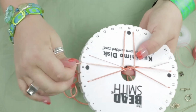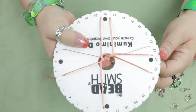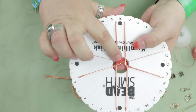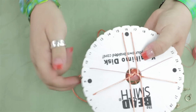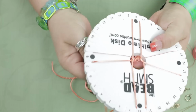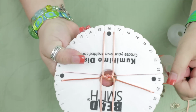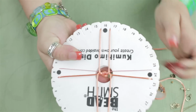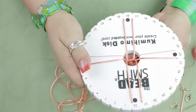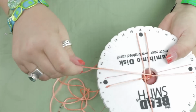This next round we can start adding beads. As you can see here, this thread is a little loose, and as we reposition it, I want to make sure we tighten it. Especially key when we start adding the beads in here. Okay. And again,